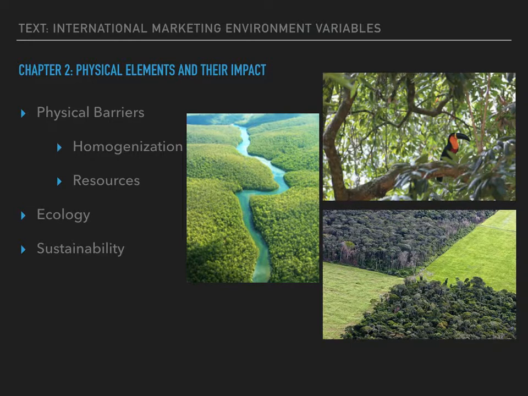And the cultures that are inside of them are homogenized. They don't have exposure to other cultures. So when we introduce difference into their culture, different ways of doing things, we threaten the very existence of their culture. And finally, ecological considerations that I just mentioned have to always be taken into consideration with any integrated marketing